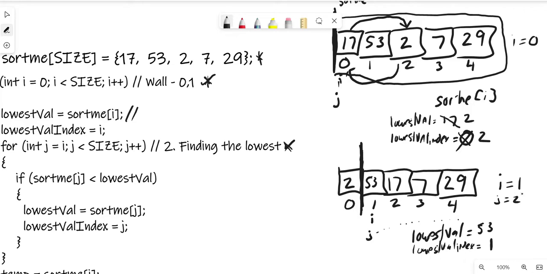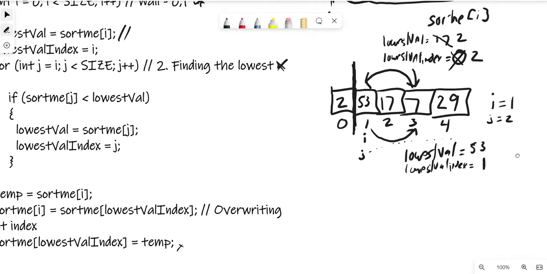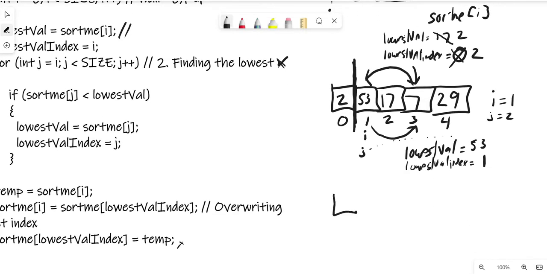And eventually, after this traversal, we're going to find that this is the lowest value, right? And then we do the same story again. We're going to swap this with that, and then this with that, which means my resulting array is now going to look like this. You're going to have 2, 7, 17,